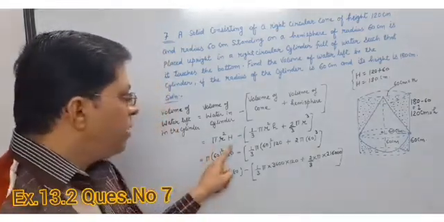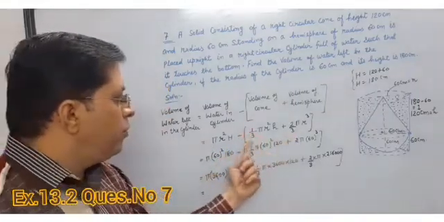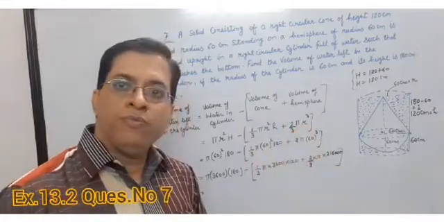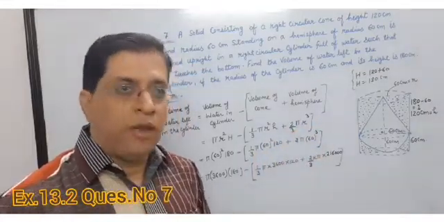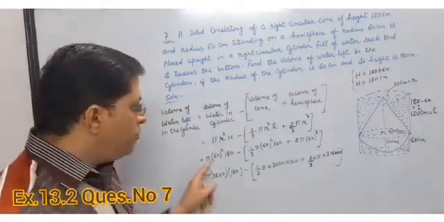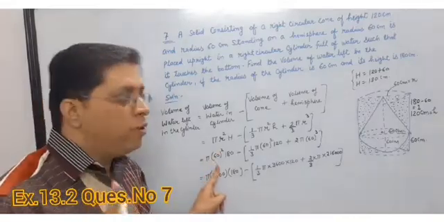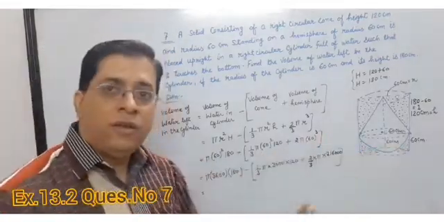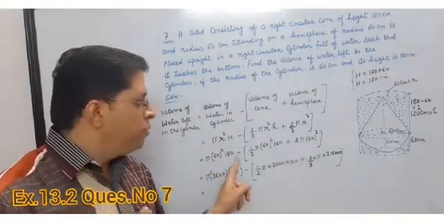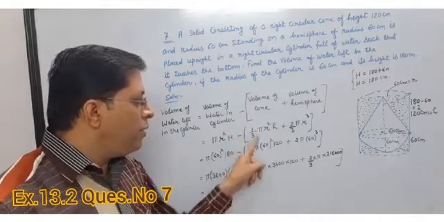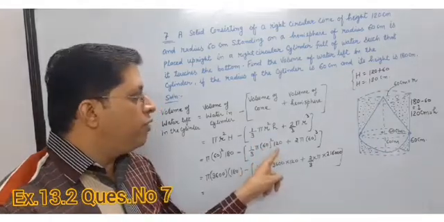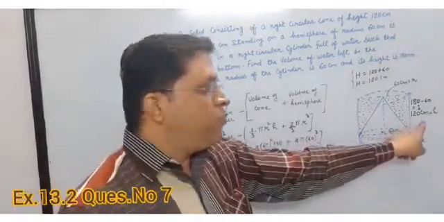See here, pi r square h minus, 1 upon 3 pi r square h plus 2 upon 3 pi r cube. Okay, then I am trying to put the values. Pi is pi, at last we will put the value of pi. R is 60, that we know. Here I have taken R is 60. And what is H? H is your 180. Height of cylinder is H, capital H. Minus, 1 upon 3 pi. R is 60, this is 60 square. H is 120 for cone. Height is 120 for cone.